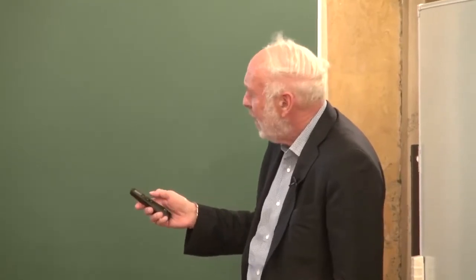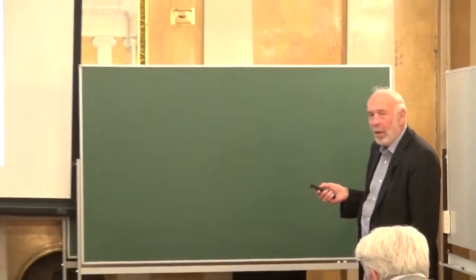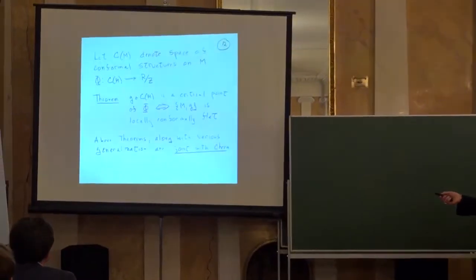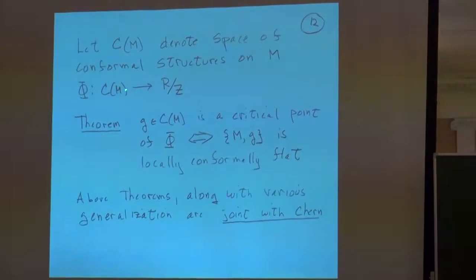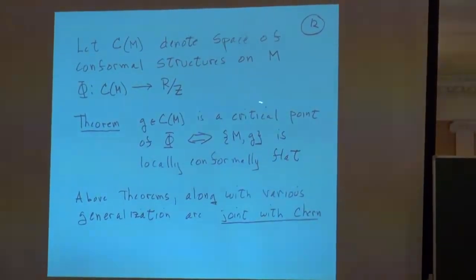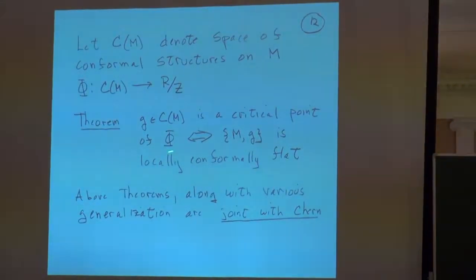And here's one more thing about this function that I've always treasured, although I don't know what good it will do. But if you look at this, this is a function from conformal structures into R mod Z. So conformal structures is a big space, but nonetheless, there it is. So the critical points of phi, which is a pair, a manifold and a conformal structure, critical points are locally conformally flat. In fact, if it's a critical point, it's locally conformally flat, and if it's locally conformally flat, it's